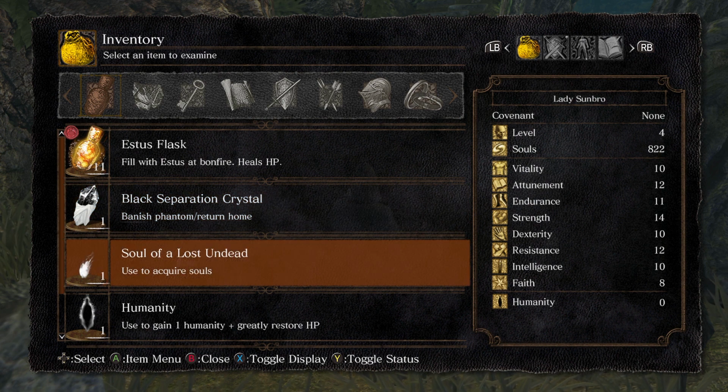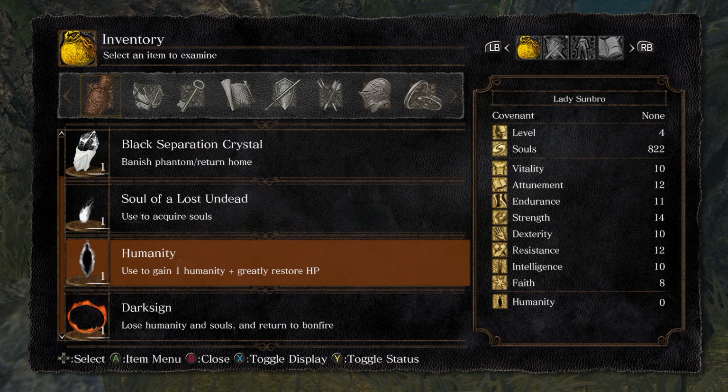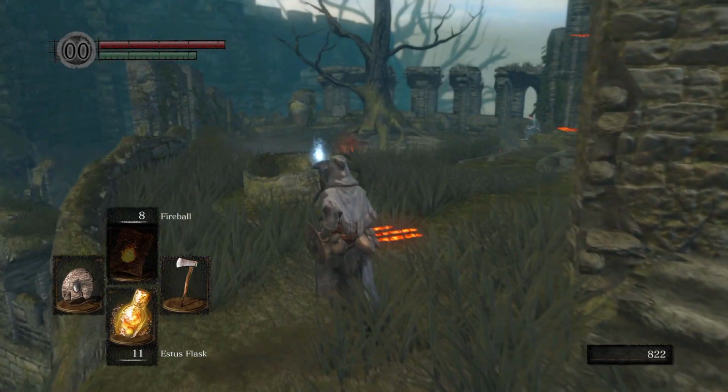You're going to continuously find souls through the game, which you can use to, like the name suggests, get a certain amount of souls. Depending on what the name of this item is, you're going to get more or less of them. You can find humanity, which it says greatly restore HP. For a beginner, I wouldn't use this as a restore health item, but you can use this to gain soft humanity, which ups the counter